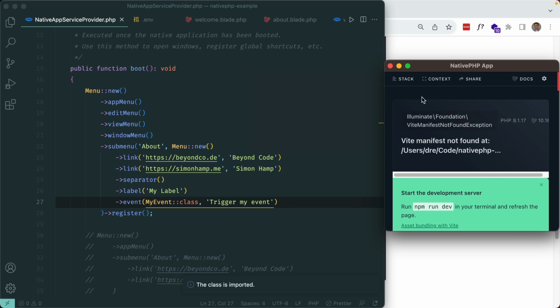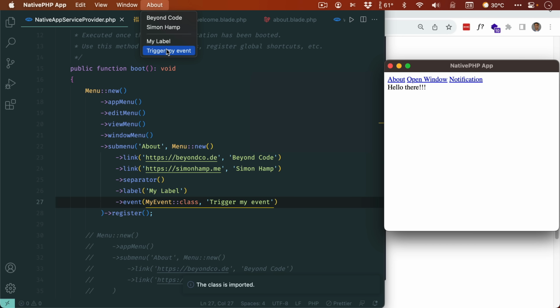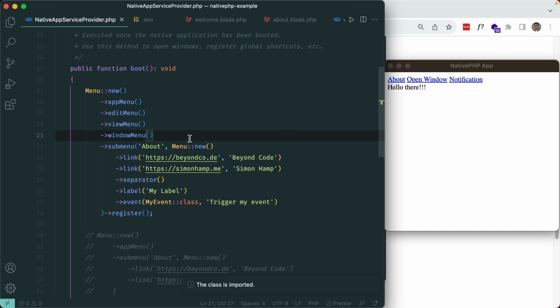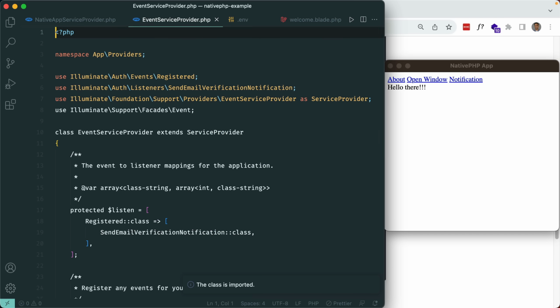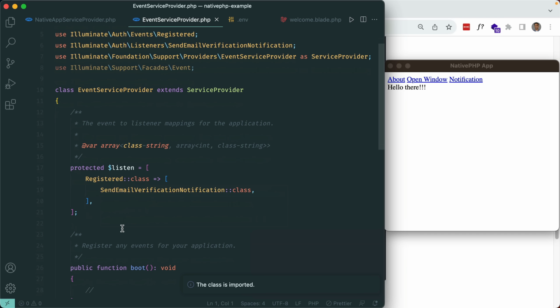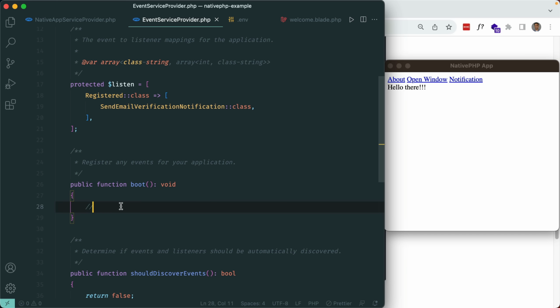And now I should be able to reload here with Command R, and we can. Let's check out the menu here. We have about, trigger my event. So now this should trigger my event, but we have no listener on it yet. So nothing happens, but let's go ahead and make that work. So let's go into our event service provider. Now usually you put it within this listen array and then define a listener class, but you can do it within the boot method as well and just